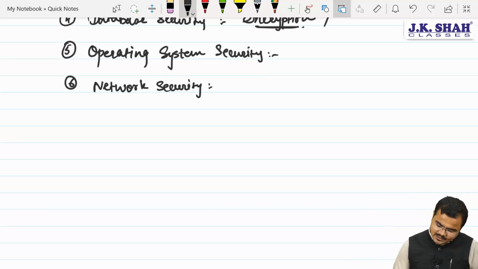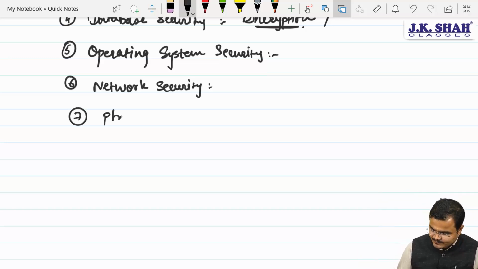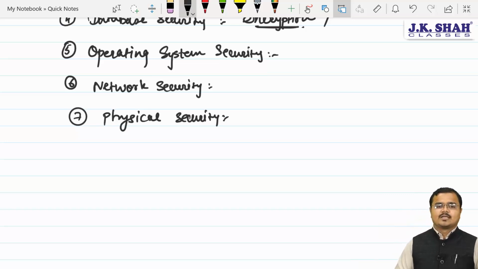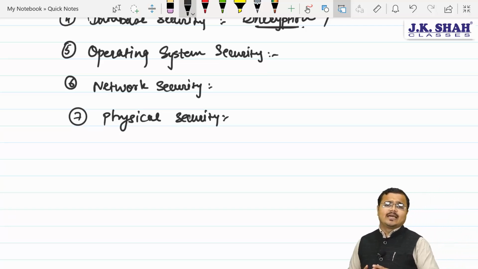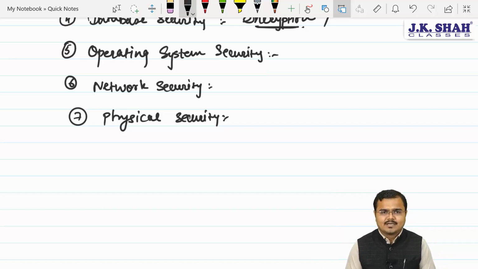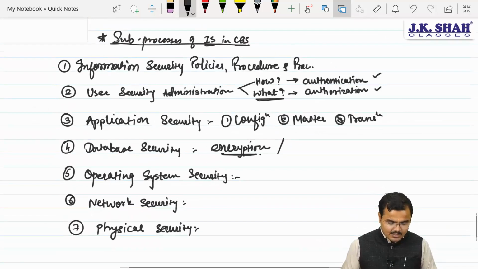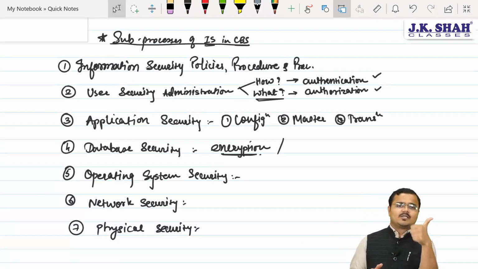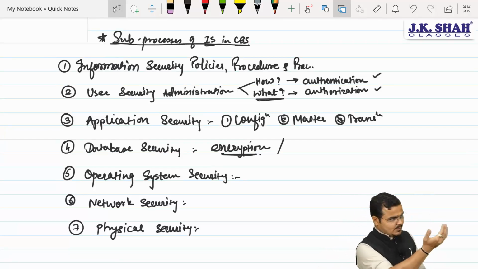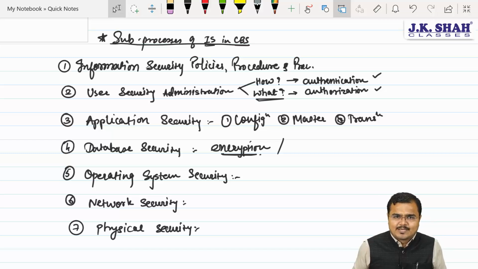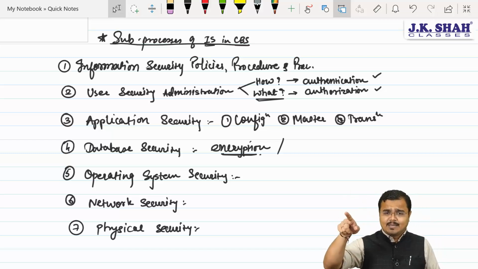And finally, chartered, wherever we are, we need to maintain what? Sir, physical security also. In our computer room, in our data processing room, sir, do not allow any Tom, Dick, Harry to enter, sir, and to create damage to your system. Agree, chartered? So in simple words, chartered, information security sub-processes include what? Sir, information security policy, procedure and practices. Second, users will be entering into my premises, so I will give them the authentication requirement, that is user ID and password. I'll determine their level of accessibility based on what?